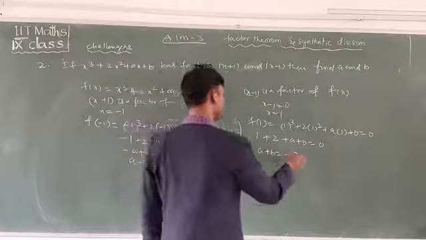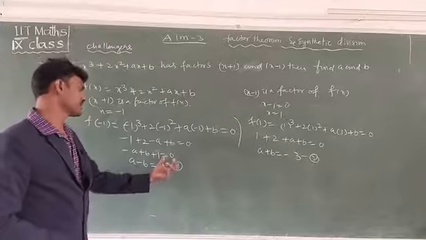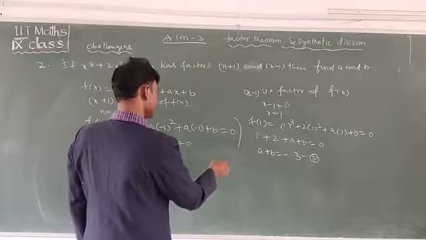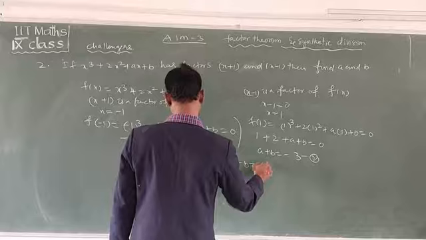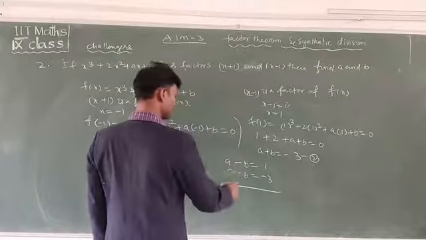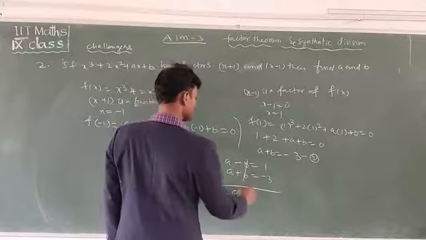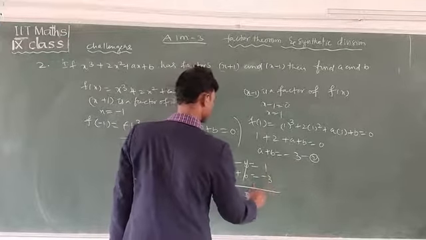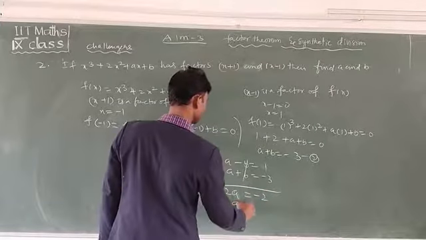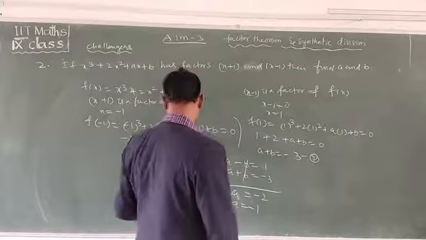This is second equation. Now from equation 1 and 2, here a minus b is equal to 1 and a plus b is equal to minus 3. This 2 you can add here, 2a. This b cancel. Then 1 minus 3 is equal to minus 2. Then a is equal to minus 1. This a is equal to minus 1 you have to substitute here or here, anyone also.